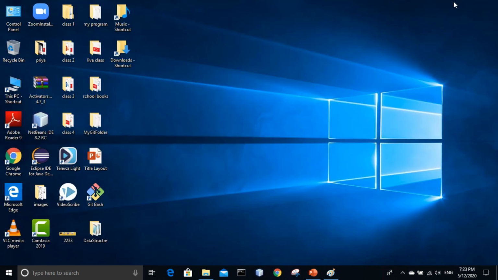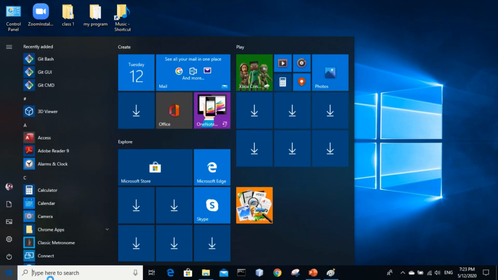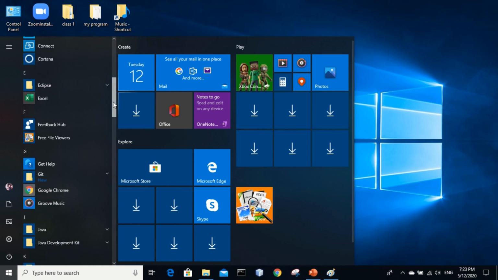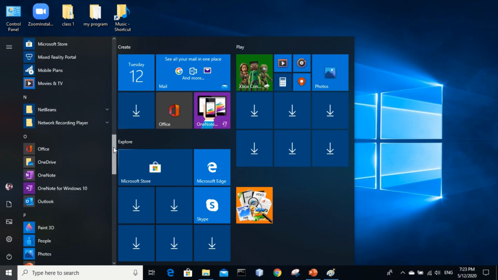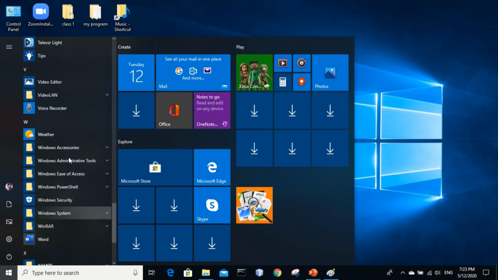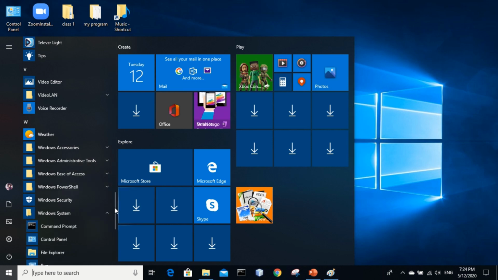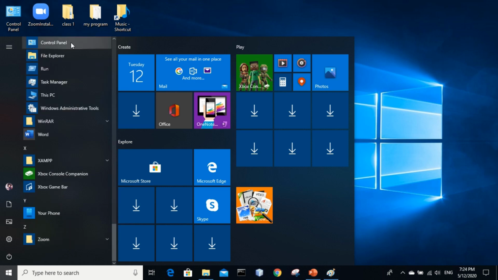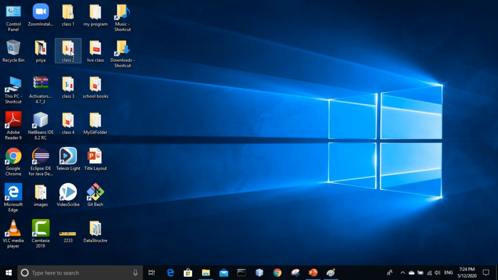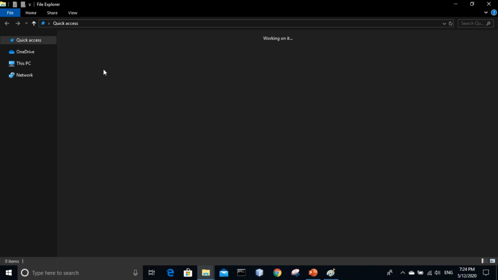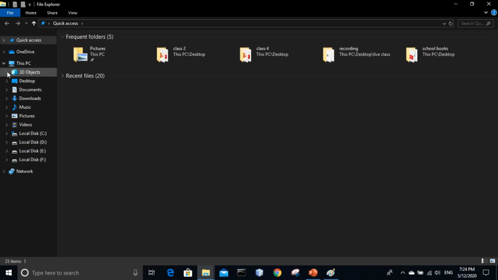See, when I open File Explorer, Windows System, and File Explorer. When I open File Explorer, inside File Explorer I have This PC.